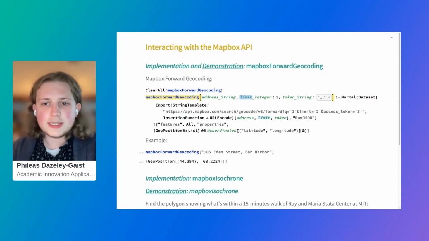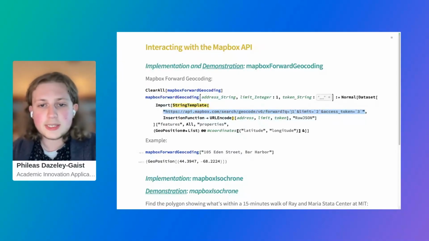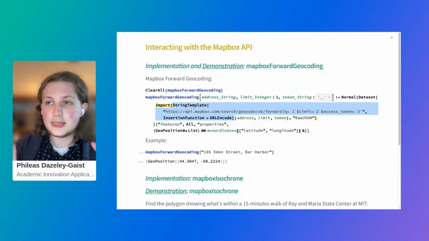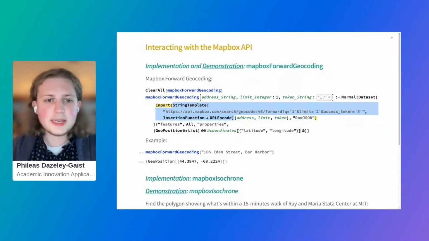And what it does is it will build a string template that fills in the endpoint template with the appropriate parameters to make a request to the API. So in this case, what it wants is the address string, the limit parameter, and my API token, which I've iconized over here. So what the string template does is it allows me to represent this template, and then